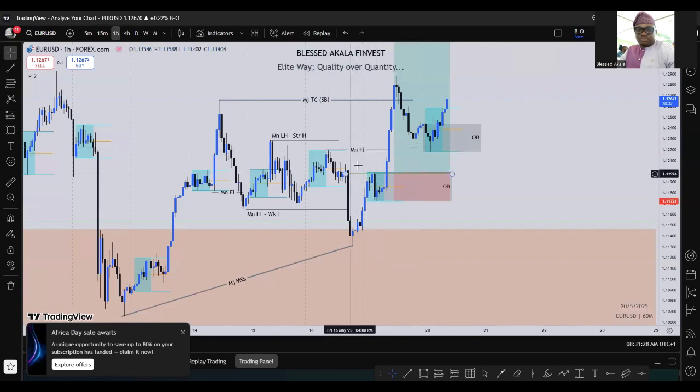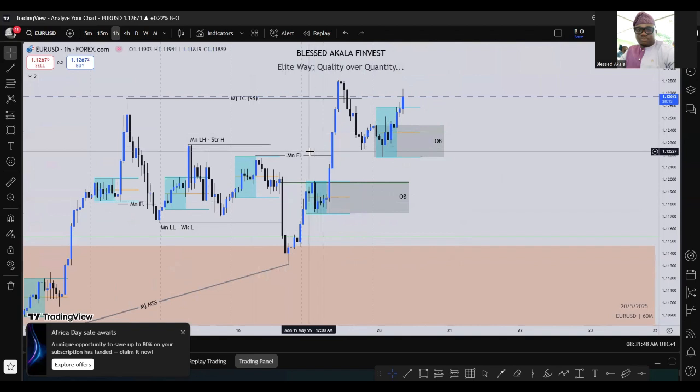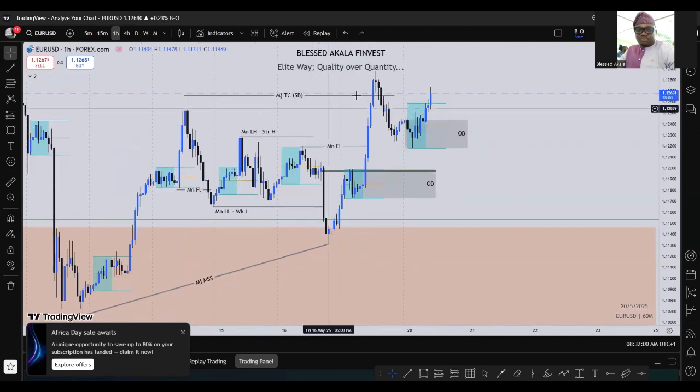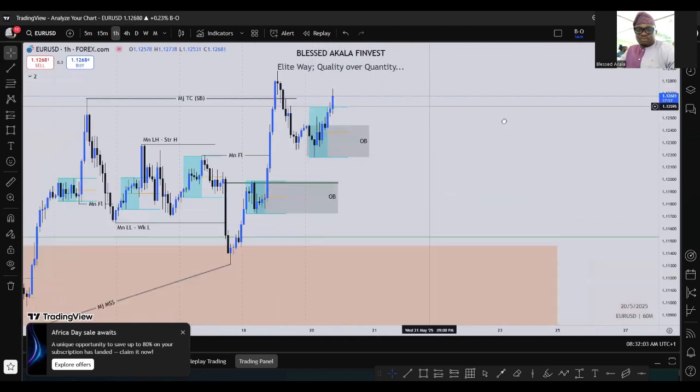So what we have is a flip, and we have a retracement back into the minor strong low that we have here. That was our yesterday trade, but I was expecting that in daily we closed above this level. At least we should have some kind of retracement back into the order block before we continue to move. We have this major TC here, but it didn't close above it on major level.